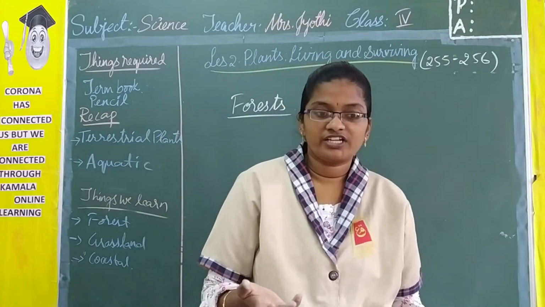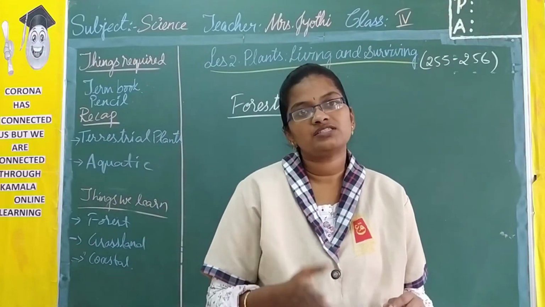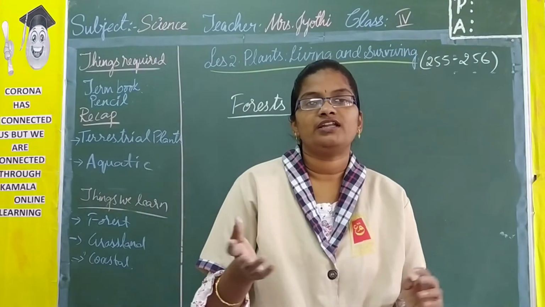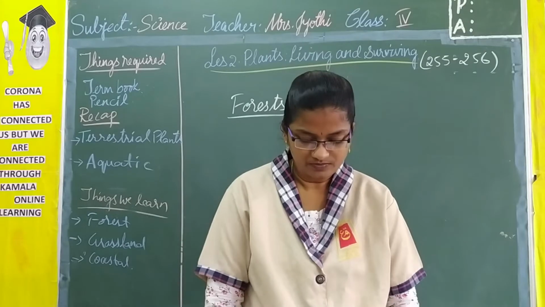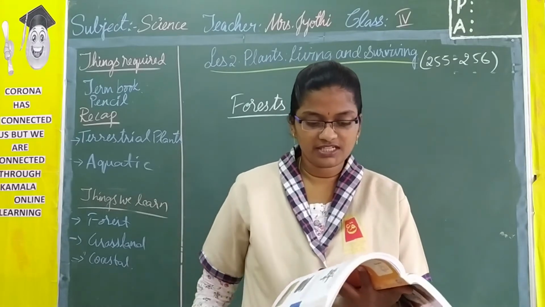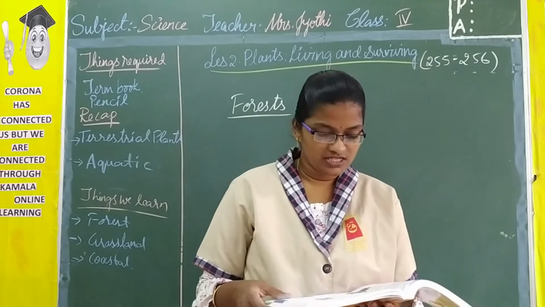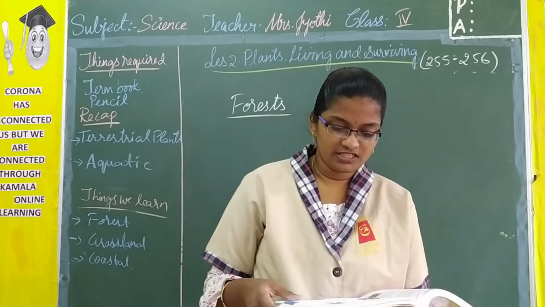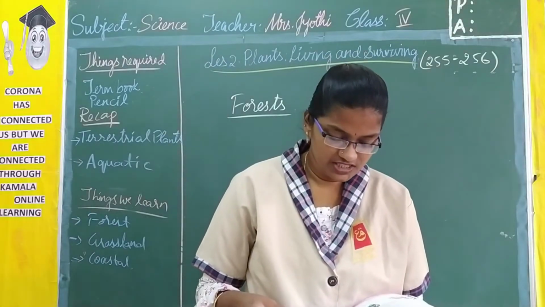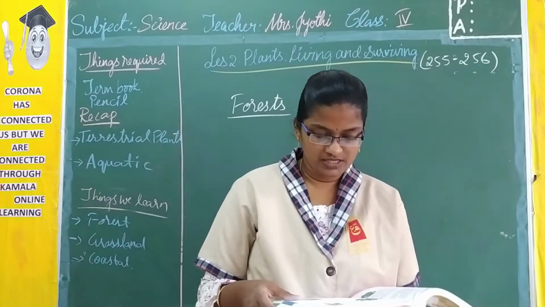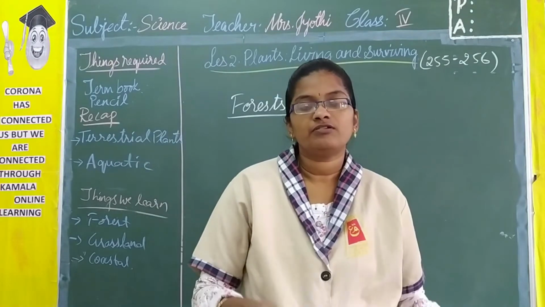So a forest is a very huge area where so many plants grow, and they do not grow in a proper order. However they want, they are going to grow. A forest is a large area of land that is dominated by different variants of plants, shrubs and herbaceous, that is non-woody plants. There are evergreen, deciduous and coniferous trees in a forest. Forests are home to a wide variety of animals and even birds.